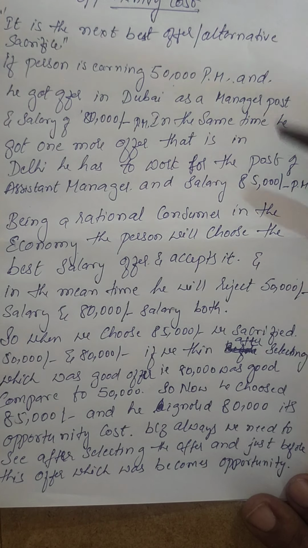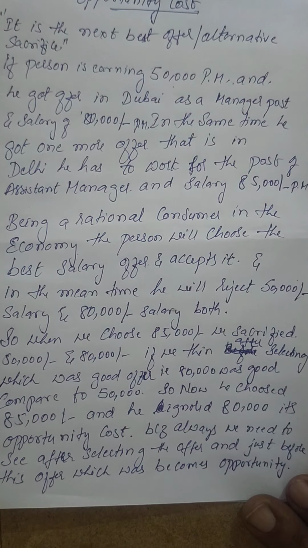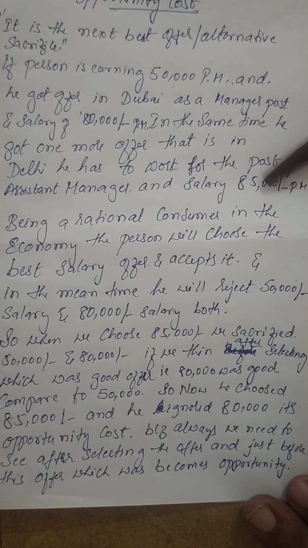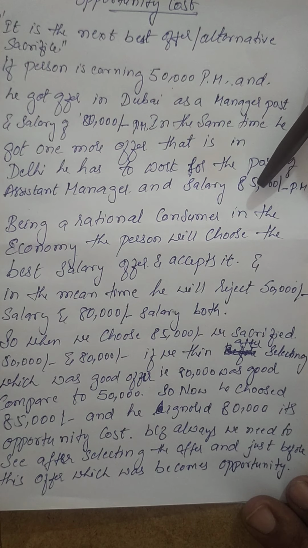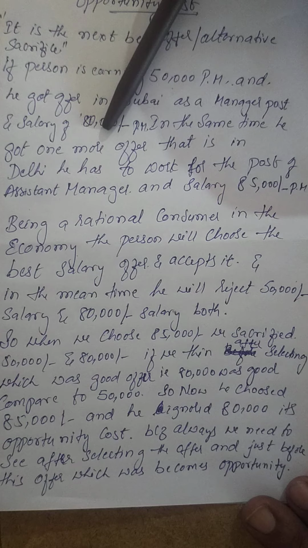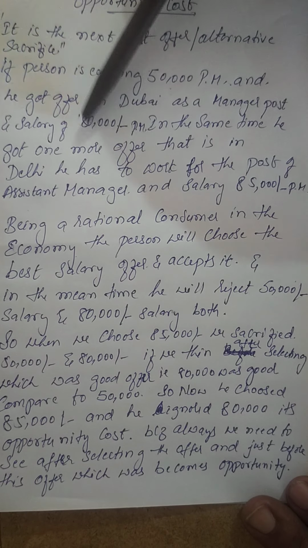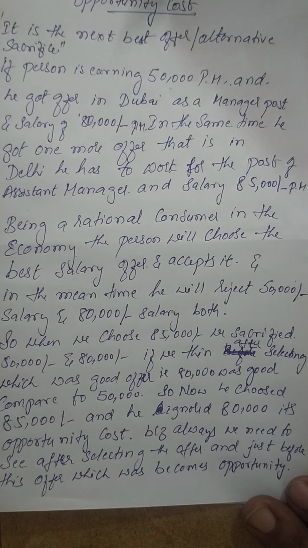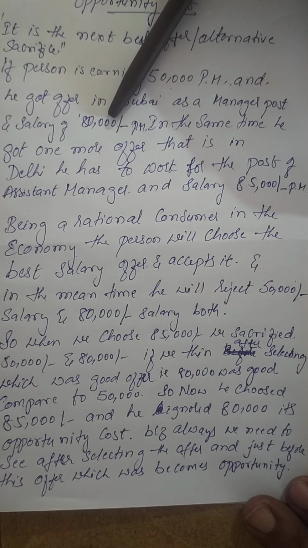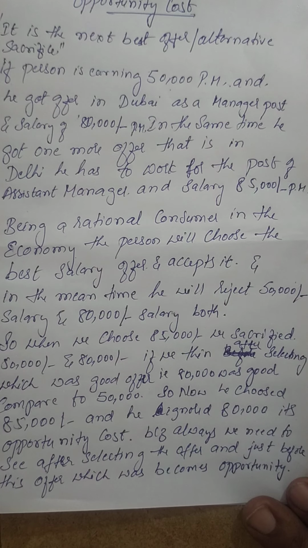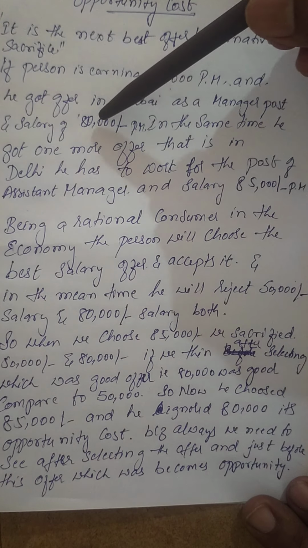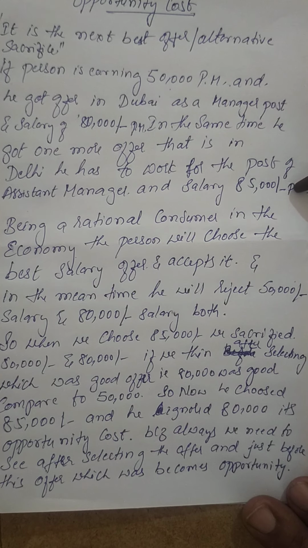So now, what do you mean by opportunity cost? The immediate next one after the proposal I got, whatever the proposal was, 85,000. So this was proposed by one of the companies. The immediate offer before that was 80,000. So this 80,000 becomes the opportunity cost. There was an opportunity to go for Dubai and work, there was a cost also for that 80,000, but I have sacrificed that and I have taken the